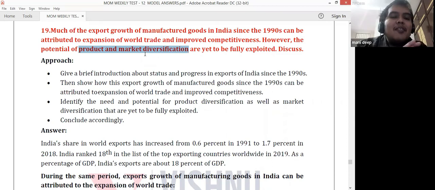Then market diversification. If you see where we are exporting all our products, we are exporting to the European market or US market, because we see these are the two biggest markets. But we are not focusing upon developing markets. For example, you can export your products to Eastern Asian countries. For example, the tiger economies, Vietnam, Myanmar, Thailand, Asian countries, these are booming like anything. So you can export to these. And second, we can also export to Latin American countries, which also have huge bases.